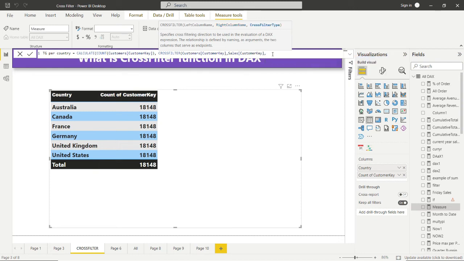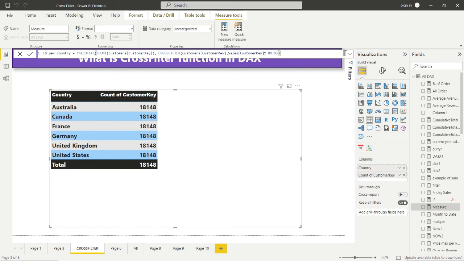Now the last and important part is the direction, whether we'll use the single direction or both. Since we have to go from sales to customer, we'll take both direction to be on the safer side. Now we can see TG per country is equal to CALCULATE, COUNT of customer key, after the CROSSFILTER function, customer key, then sales customer key.